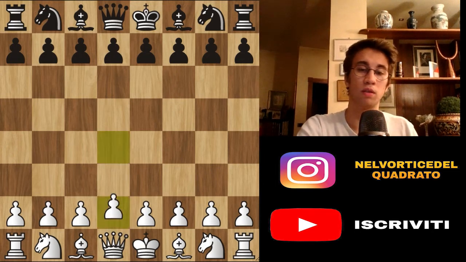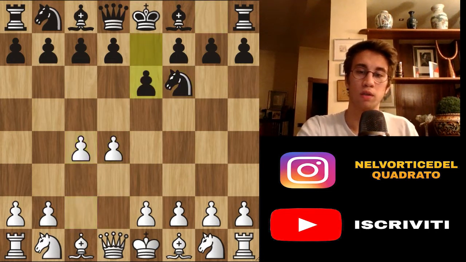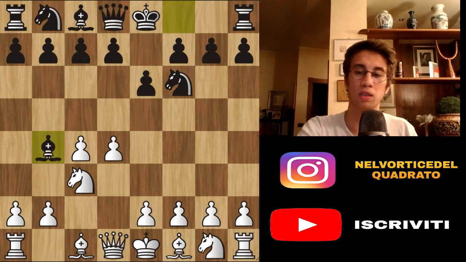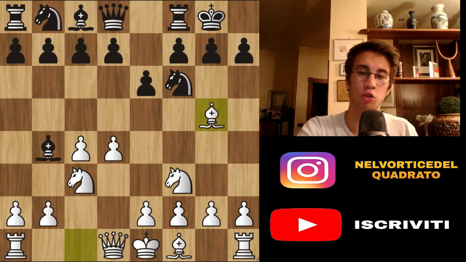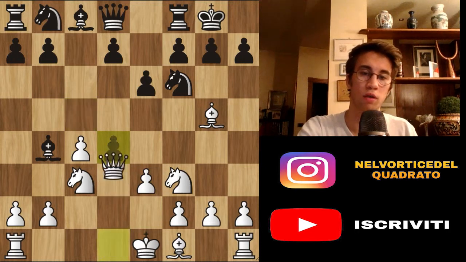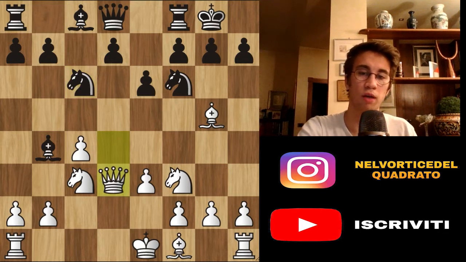We have d4, knight f6, c4, e6, knight c3, bishop b4, pinning this knight, knight f3, castle by black, bishop g5, c5, e3, c capture for d4, queen capture for d4, knight c6 attacking the white queen, queen d3, h6 attacking the bishop on g5,